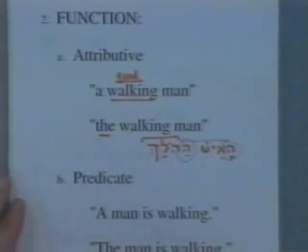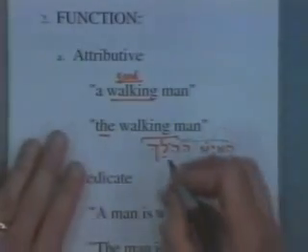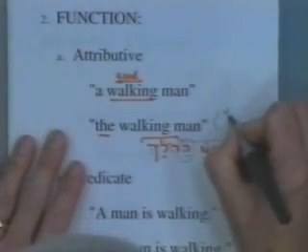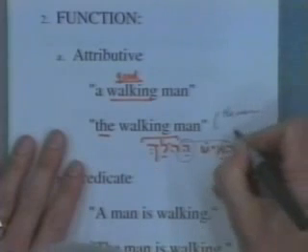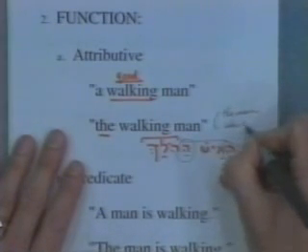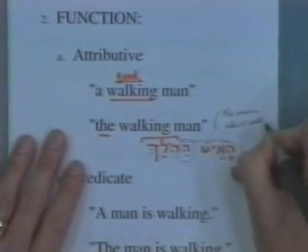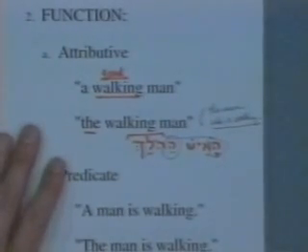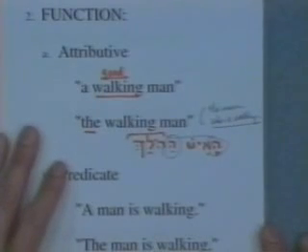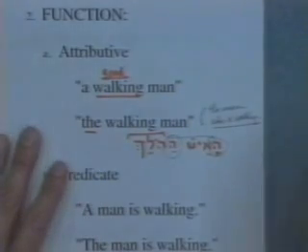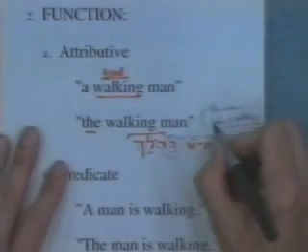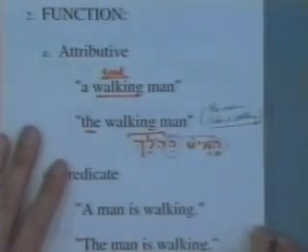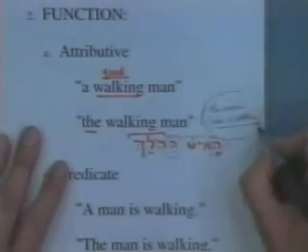Get it? By the way, let me do this as an aside. This could also be translated as a relative clause. Do you see that? The walking man is really talking about the man who is right now walking. Do you see that? And it's quite legitimate to make these into a relative clause, remembering that this entire construction,